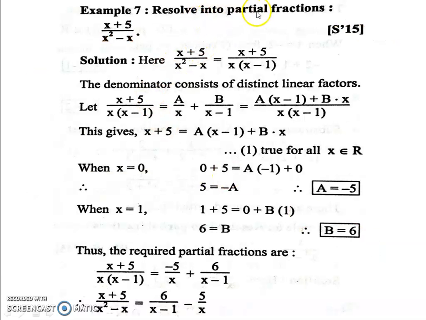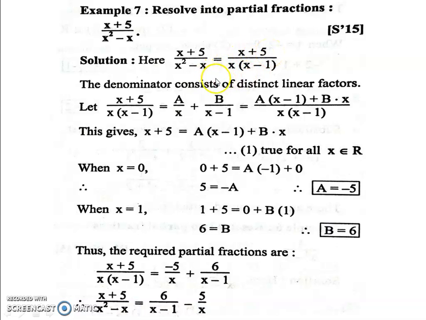Now we have to resolve the partial fraction in this method, but with a quite different example. Look at the denominator: x square minus x. Both terms have x. So how is it possible to solve in linear factors? Yes, we have to take x common in the denominator. That means we rewrite the equation: x plus 5 upon x square minus x equals x plus 5 upon